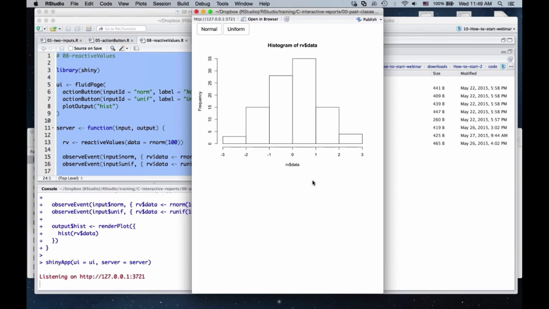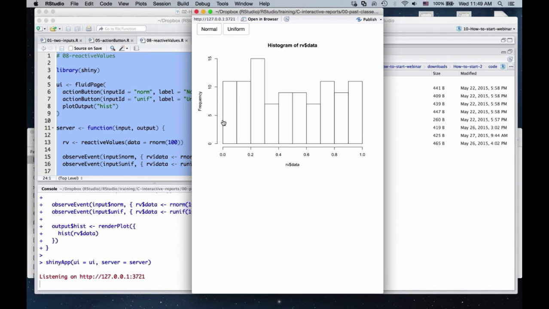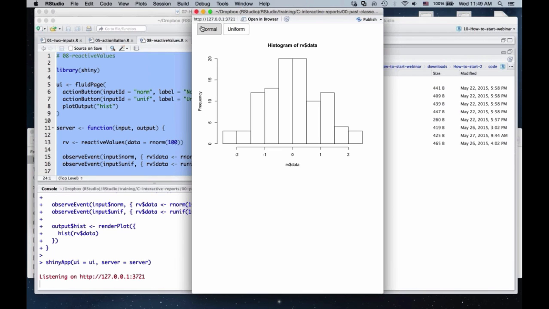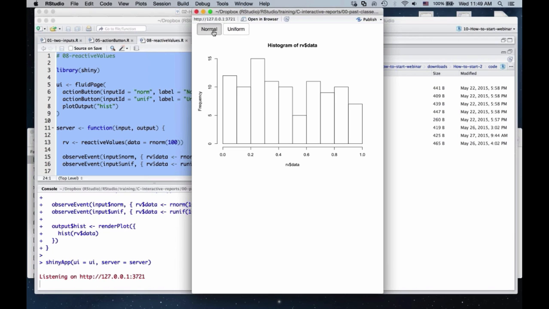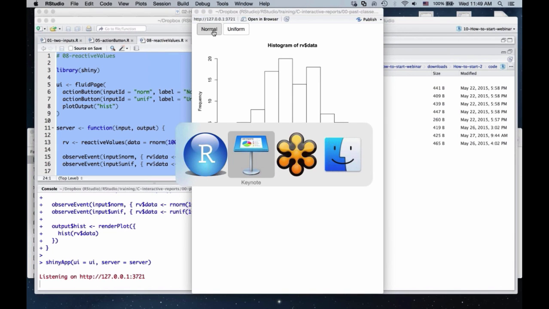It begins with a normal data set, but if I click the uniform button, it displays some uniform data. If I click the normal button, it displays normal data. I could click the normal button again, it'll generate new normal data, and I can go back and forth. If we visualize this app in our slides,